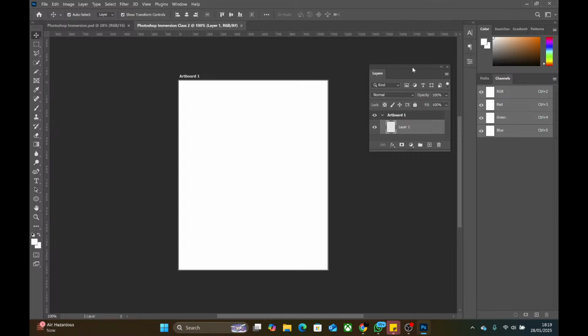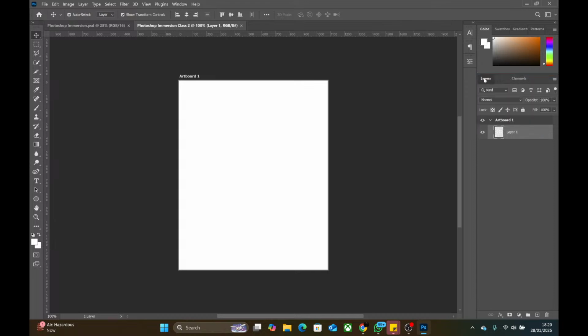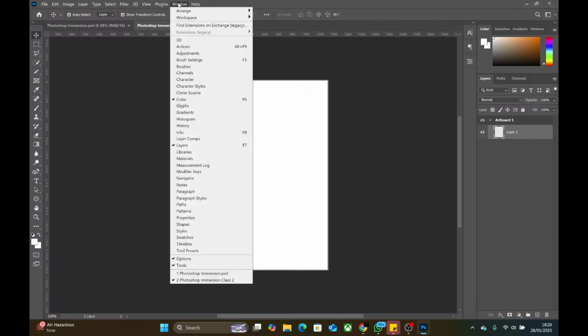So you organize these things like this. I'll organize it the same way I explained yesterday. You can move these things around. You can even close the ones that you don't need. For example, you will see something like Learn. Let me activate it. If you come to Windows, please follow my mouse. If you come to Windows up here and click on it, you will see many of these panels listed.